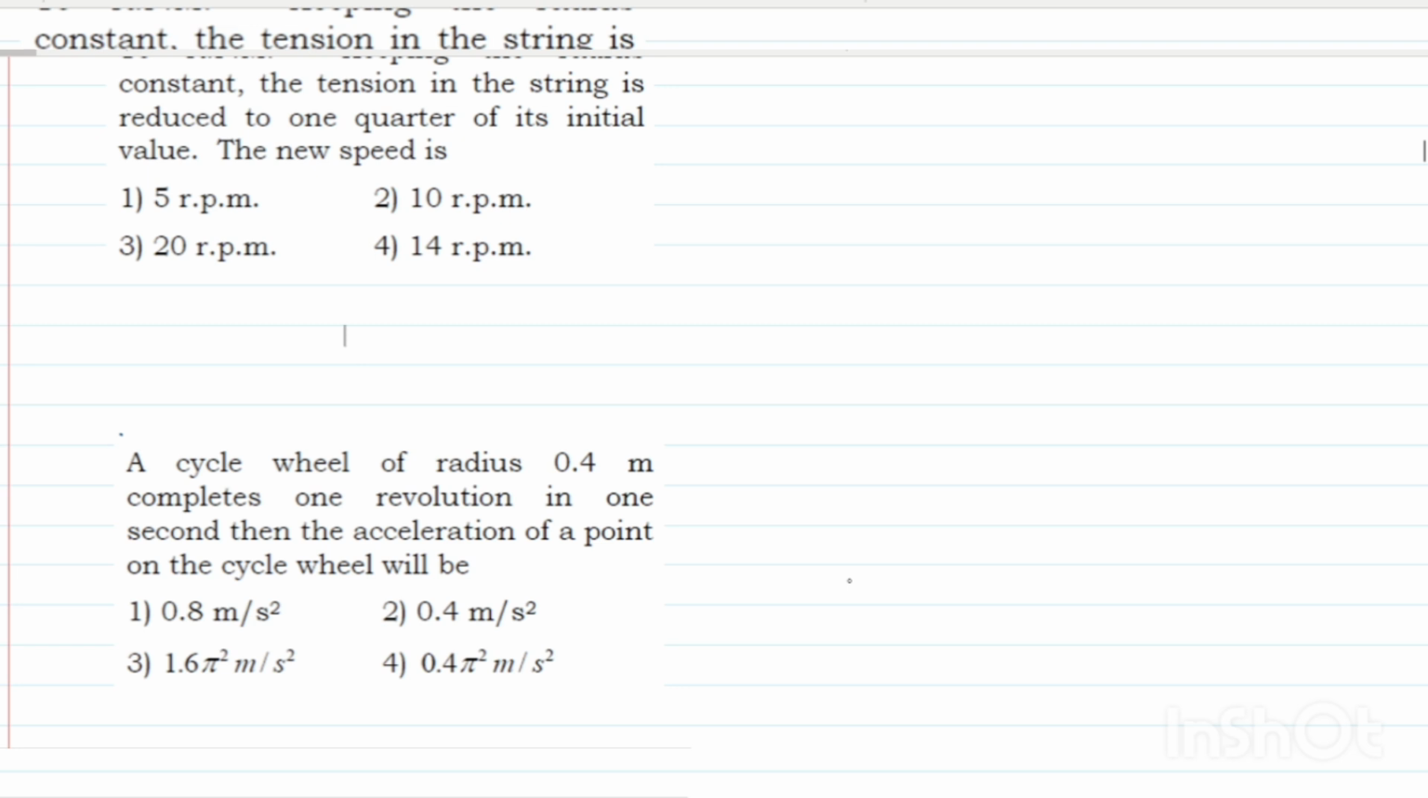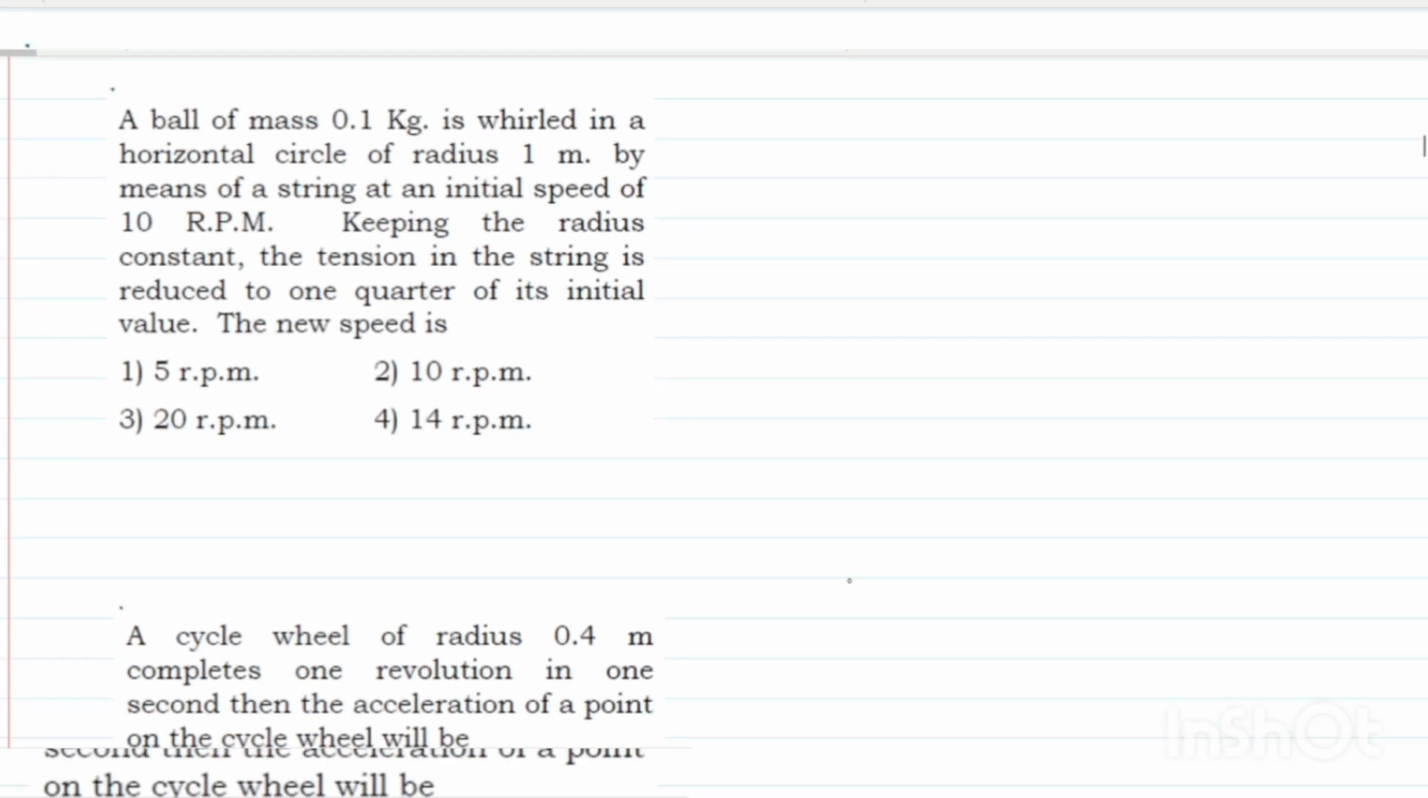A ball of mass 0.1 kg is whirling in a horizontal circle of radius 1 meter by means of a string at an initial speed of 10 rotations per minute. Keeping the radius constant, the tension in the string is reduced to 1/4 of its initial value. They are asking for the new speed. So here initially the mass of the ball is given as 0.1 kg,